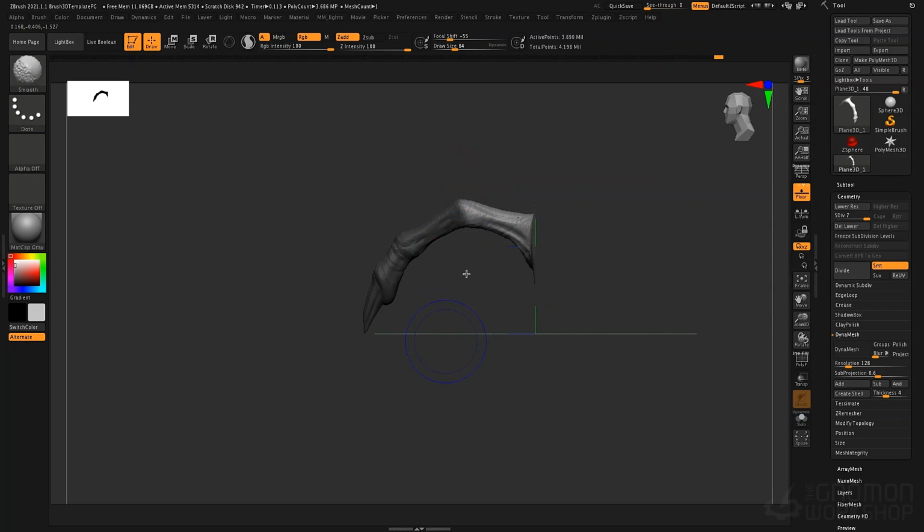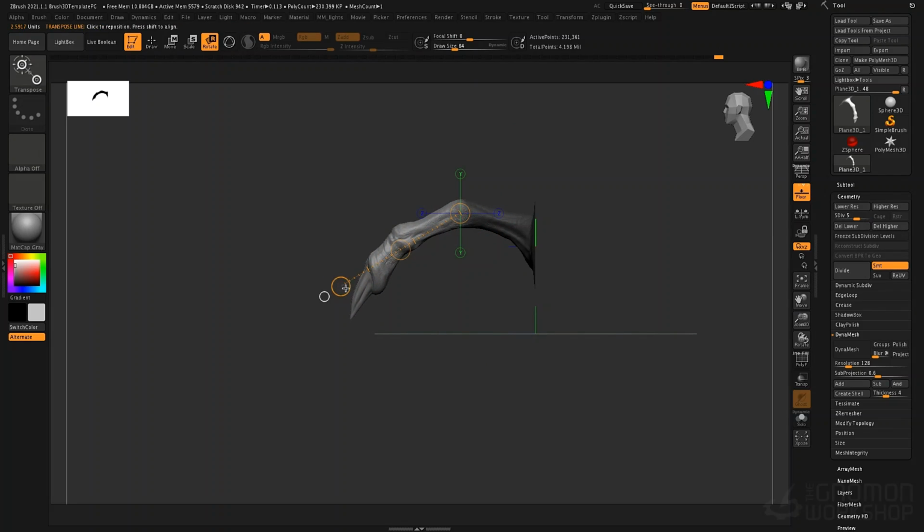Step down a couple subdivision levels and control click to feather the mask, invert it, and I'll go to my transpose line again. And I can rotate this if need be. I can take the outermost circle, go to move, W for move. I can stretch that out. I can draw this line again and go to rotate, R for rotate, and if I alt-click this circle, I